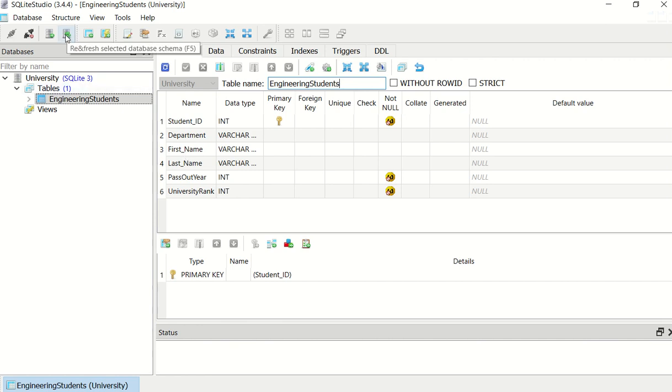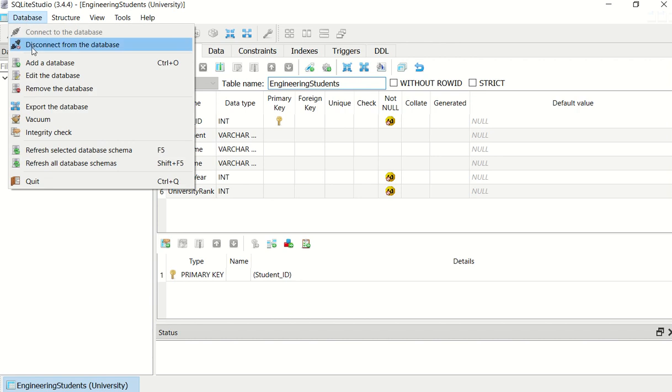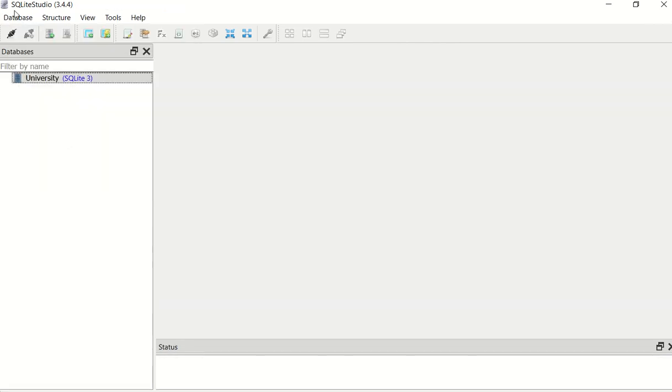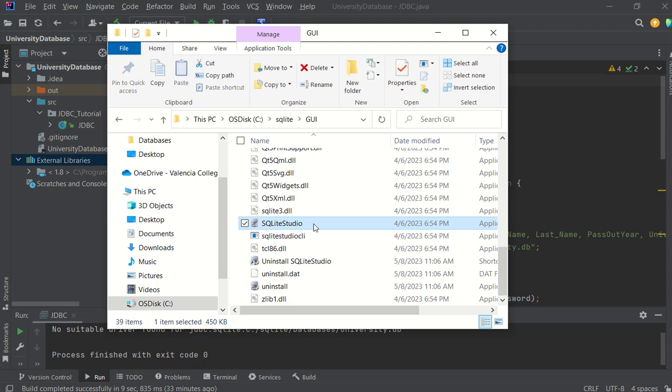And whenever you're done using the database, you can disconnect from the database, and you can exit the program when done. So that's the GUI that comes with SQLite. I encourage you to take a second to play around with it, add some data, take away some data, go back to the command line and see that your data is stored properly